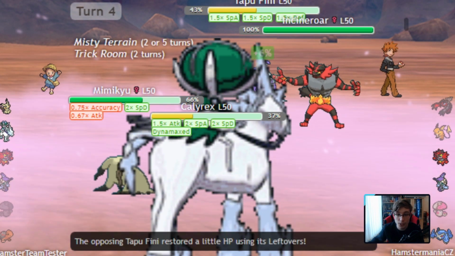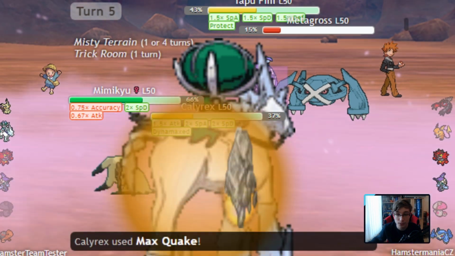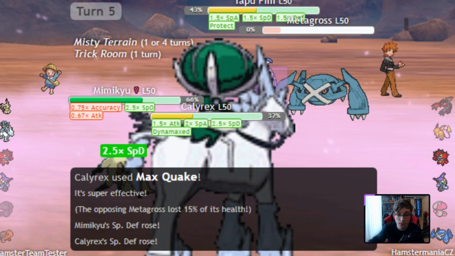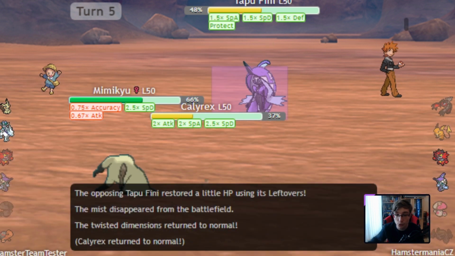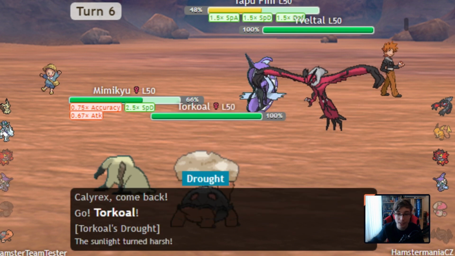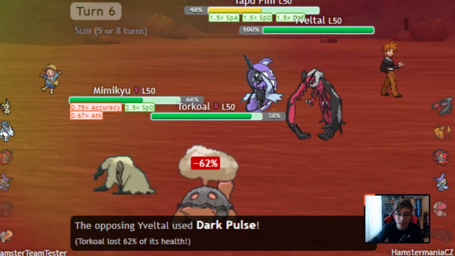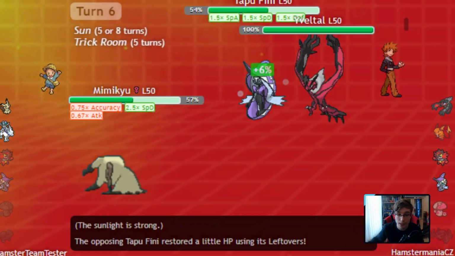But as long as we keep the Calyrex in check, we should be able to win this game, because while both Mimikyu, that's heavily intimidated, and Torkoal, that's a fire type, cannot really check the late game at all. So yeah, you see here we just get the Torkoal, and now the opponent sets up second